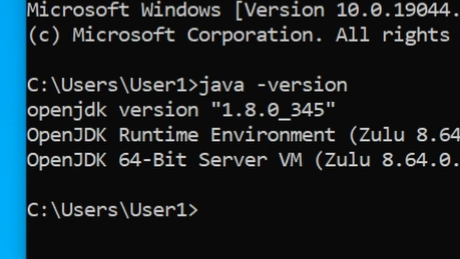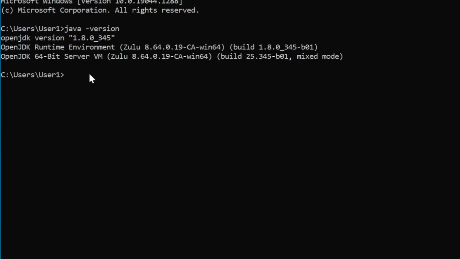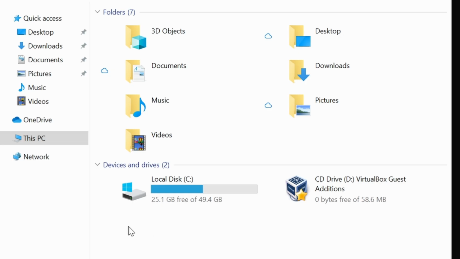If it shows something else, what you're going to have to do is change your version path by doing the following: set x and then in all capitals JAVA_HOME and then a quotation mark and then the path to your Java folder. To locate your Java path, you want to go to your local disk or C drive,